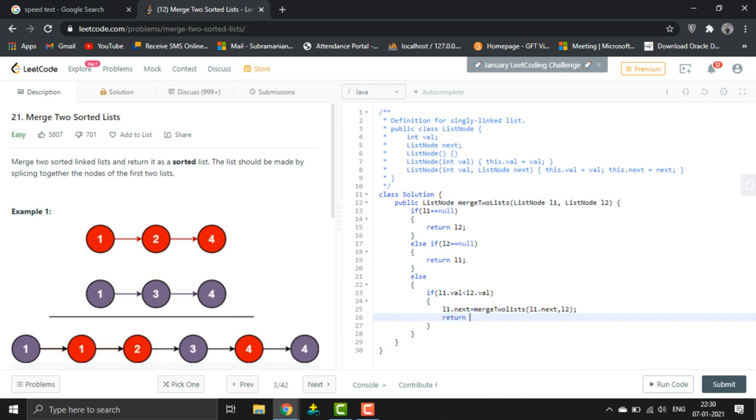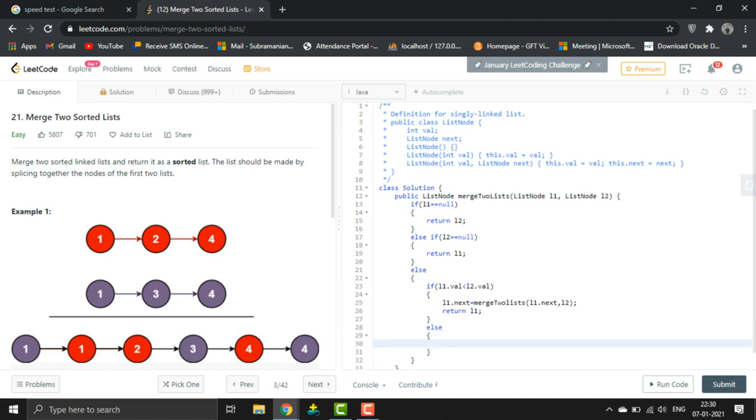We return L1 since L1 is the smallest, because we need the output result in a sorted manner, in ascending order.